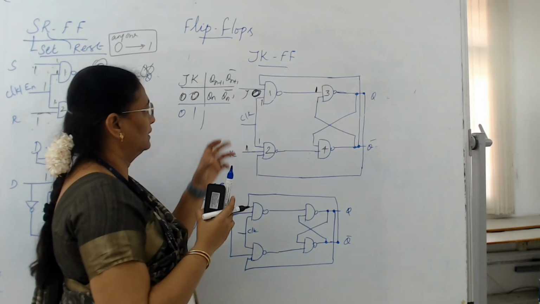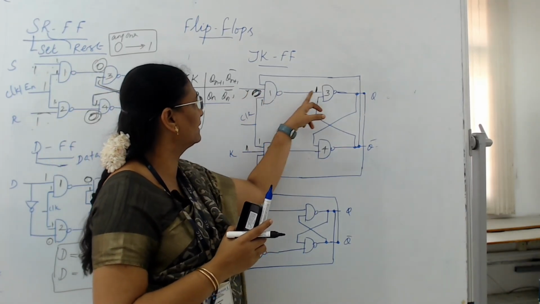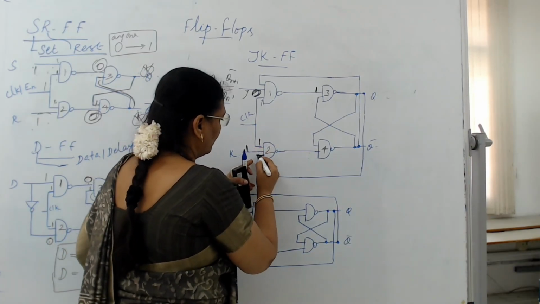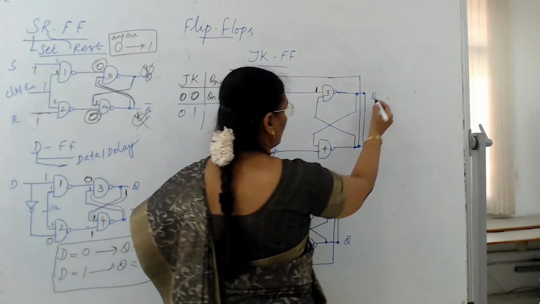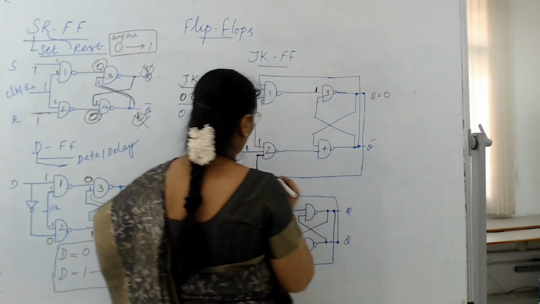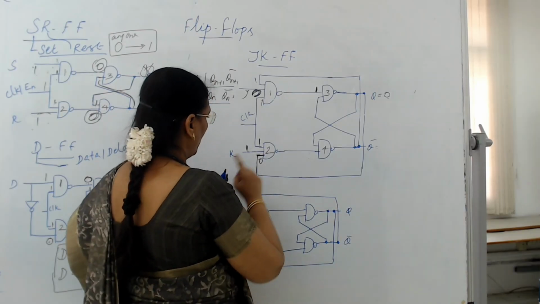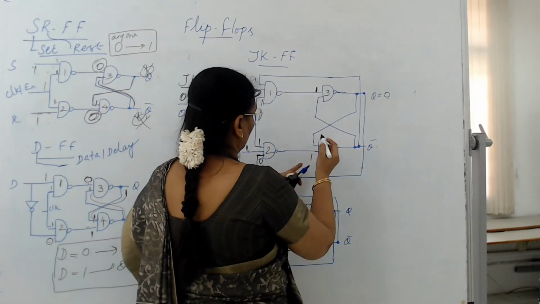Independent of the feedback, since J is equal to 0, the output of the NAND gate is 1 here. So here it is 1, 1. Here one more input is there, so we have to assume some value. This is the feedback from Q. Assume Q is equal to 0. If Q is 0, this is 0 and this will become 1. So 1, 1, 0. If it is 1, 1, 0, again this will become 1.